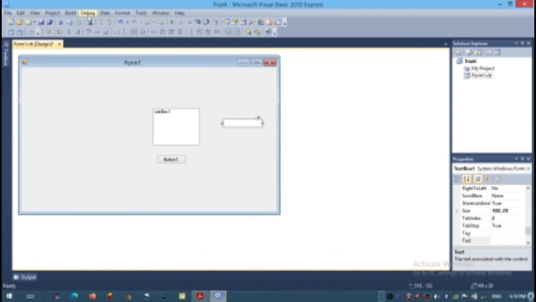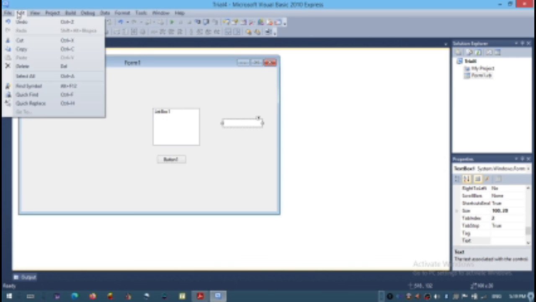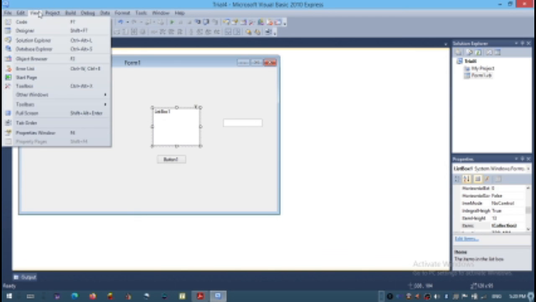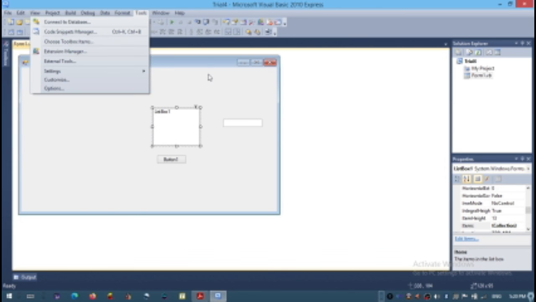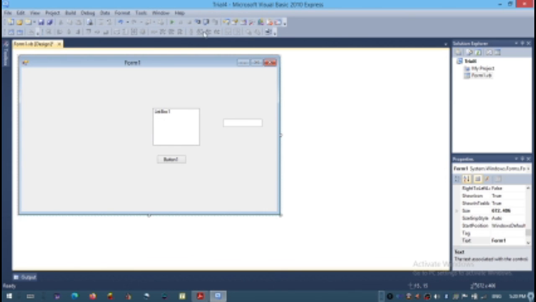Now, some of the menus will have more options when there are components on the form. For example, the edit menu now has cut, copy, paste, etc. enabled when we have an item on the form. Similarly, with the layout toolbar, some of the options are enabled when we have some components on the form.